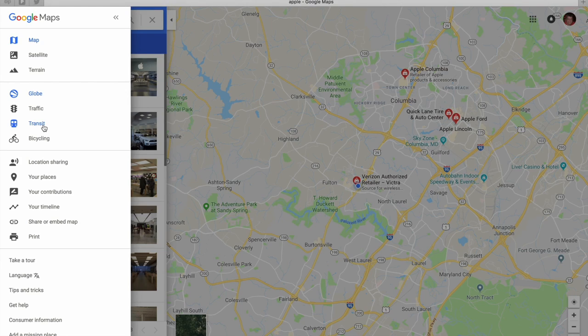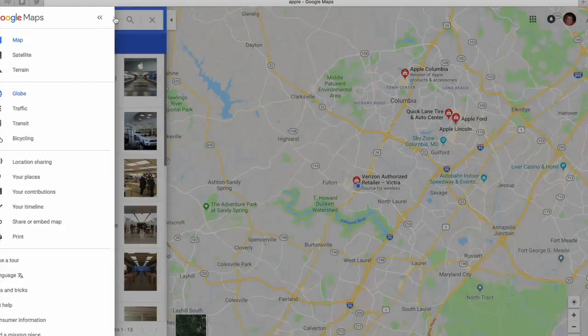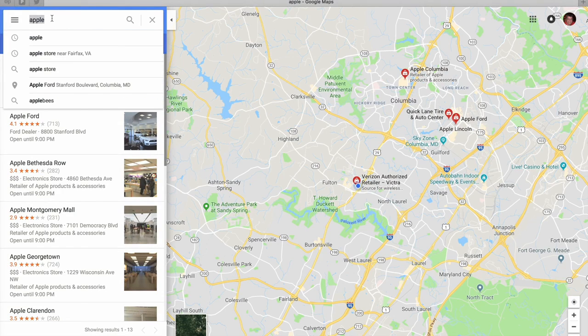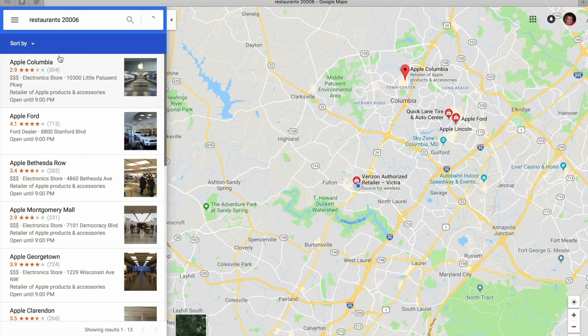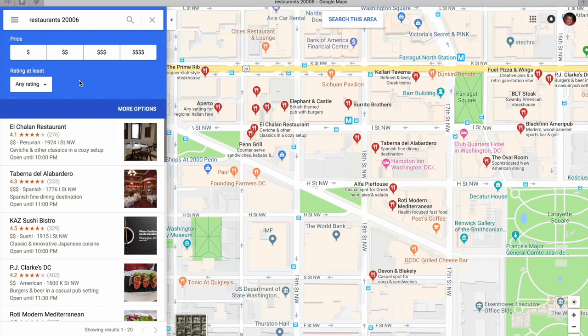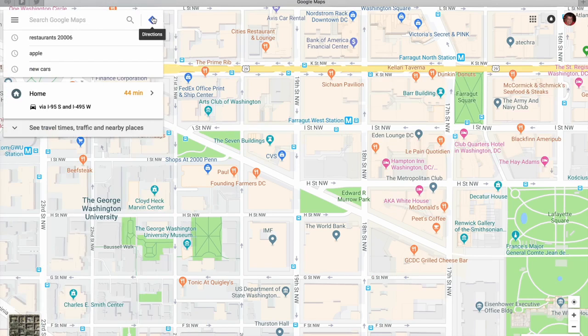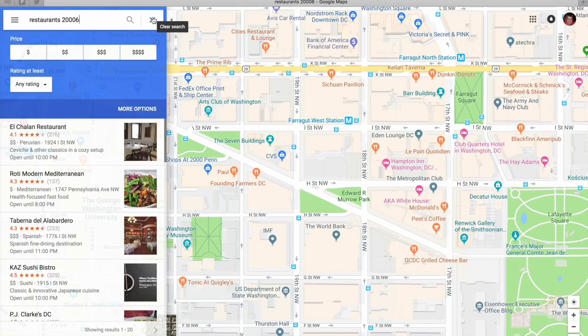Now, this is a great tool when you're preparing for a trip. While we're here, let me show you something else that can happen. Let's say we want to look at restaurants in Washington, D.C. So look, our categories, we can now search by price and by rating. So a very convenient tool to use when you're looking to go out, you're looking to find a business, you're traveling. Very handy integration between Google Search and Google Maps. So let's go back